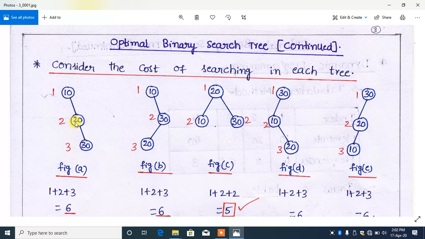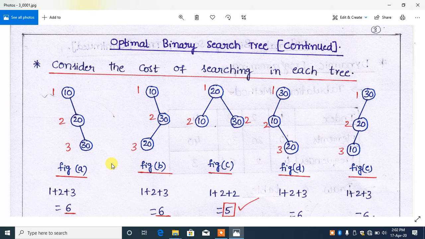For searching this element, how many comparisons are needed? 2 comparisons. I have to travel through the root, and after that I have to come here. For finding this element, 3 comparisons are required. So how much time is needed for searching the elements present in this tree? 1 plus 2 plus 3, that is equal to 6.